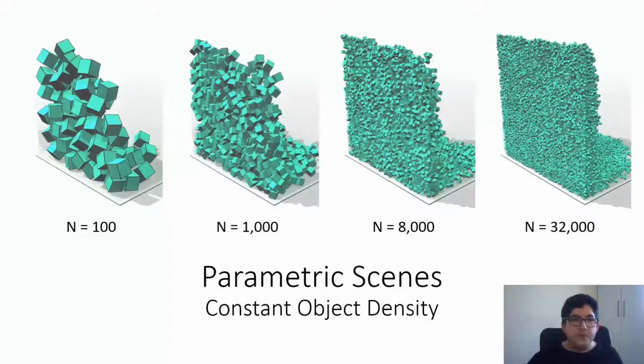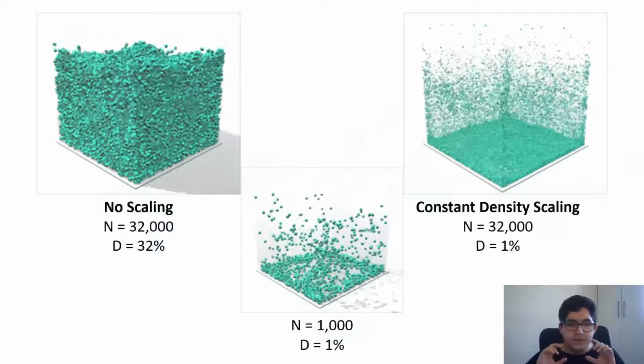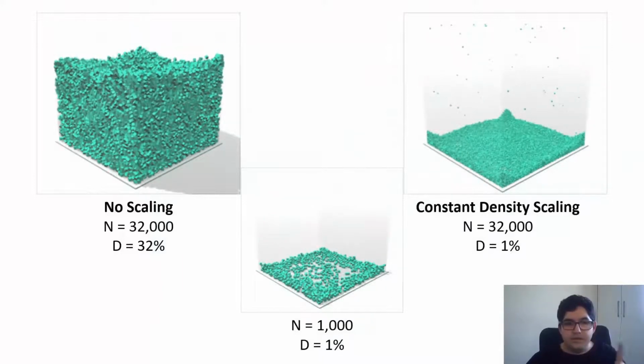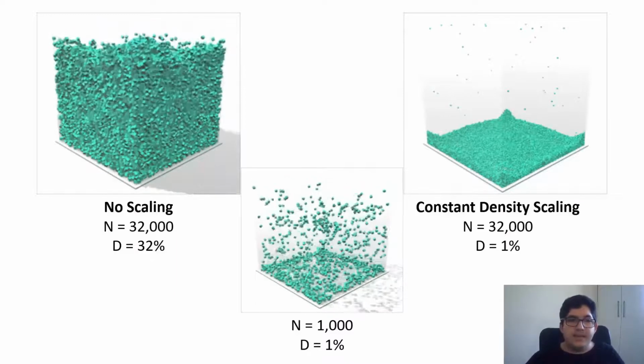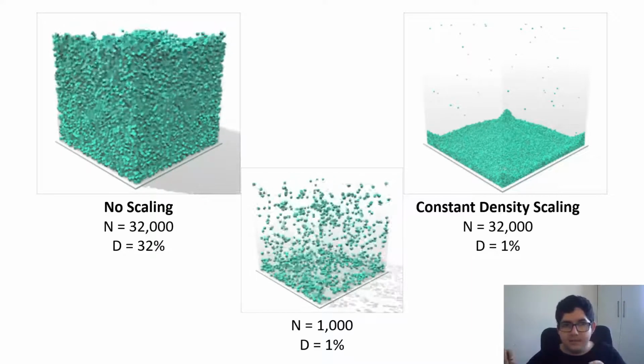And a very important decision that we took was parametric scenes. So we try to have a constant object density, so whenever you increase the number of objects, you get more or less the same simulation. And this is very important because, first, here in the middle, you can see a 1,000 objects simulation, which has a density of 1%. So if we scale it to 32,000 and we don't have this constant density, you